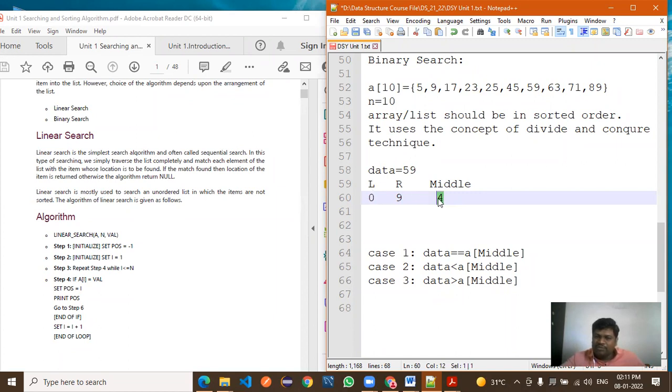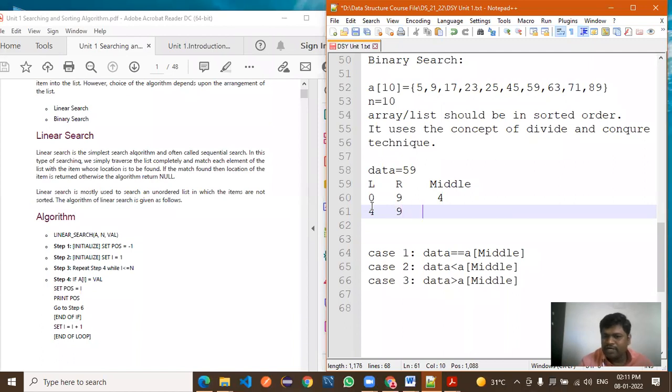And if the data is present at the left side, we are replacing the right with the middle value. Now the data is present at right side, so 4 is replaced with whom? Replace left. If the data is on the right side, replace left. So this 9 will remain as it is.